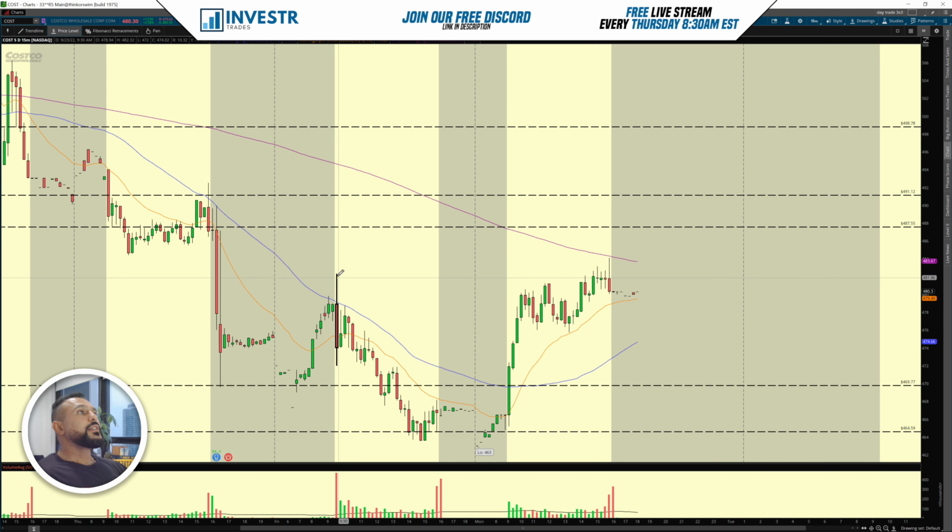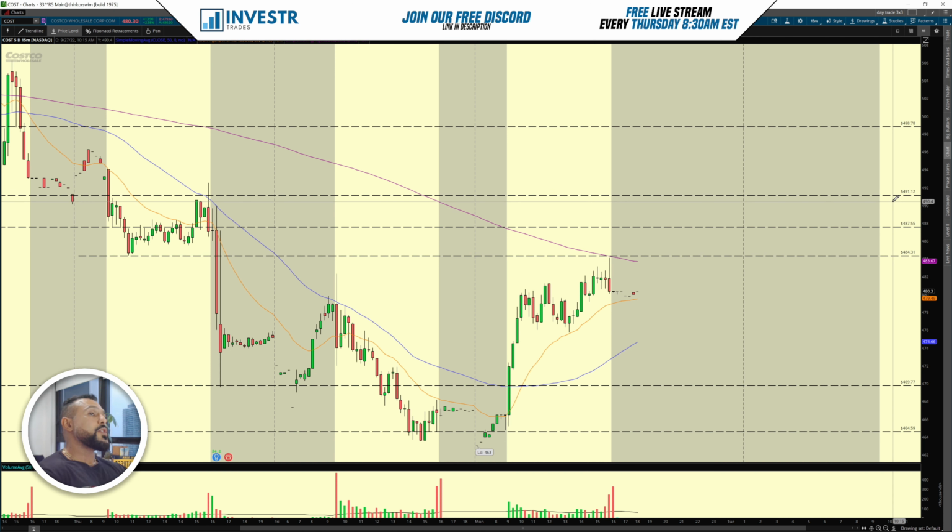So need to get above 484.50, all right? And that really clears this level right here. So we had resistance. We're coming back to retest this old support, which is now resistance, break above that. I think we could see the push to 491 area. Okay, so I'm looking for this one to break 484.50 with the strength it showed today to push to the 491. Now, if we get under 475, which is a pivot from today, actually, right here, 475, that's the level